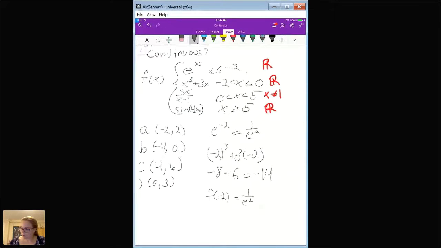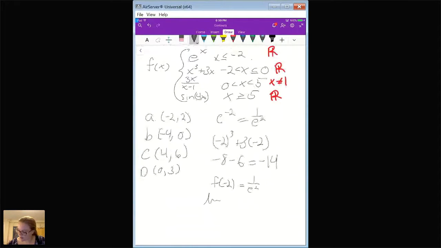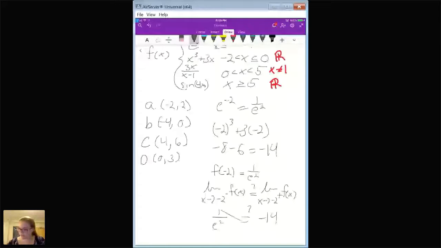That's true. What we're testing here is if the limit as x approaches -2 from the left of f of x is equal to the limit as x approaches -2 from the right of f of x. And in this case, from the left side is from the e to the x side. So we get 1 over, let's put a question mark over here so we know we're testing it. We get 1 over e squared. Is that equal to -14? No, you guys already told me no. So that is a point of discontinuity. It is not continuous